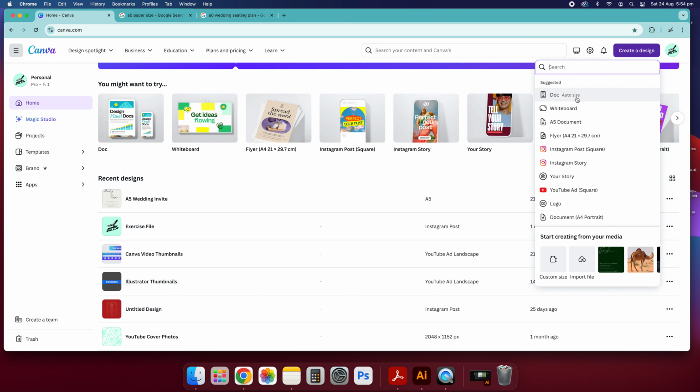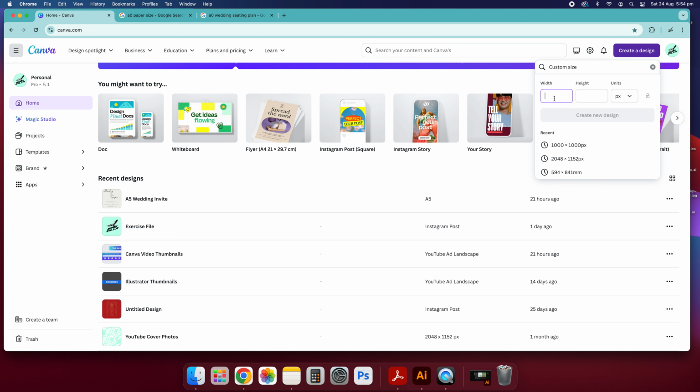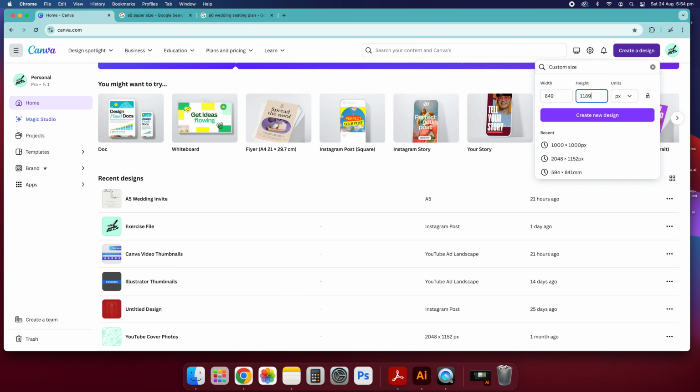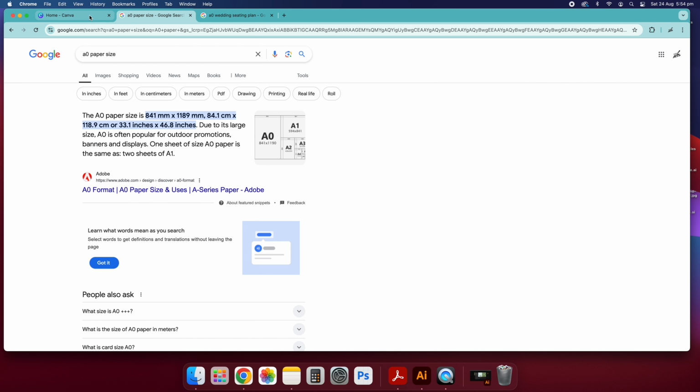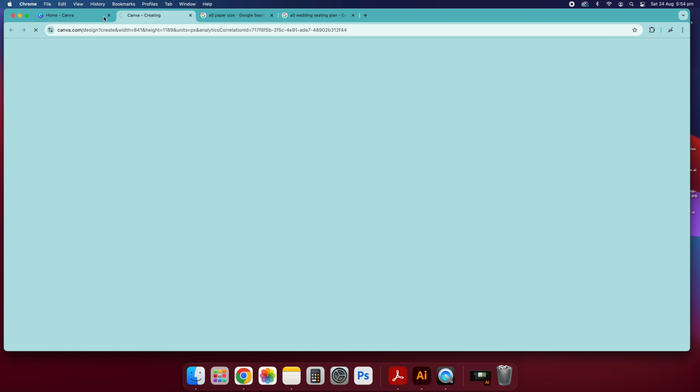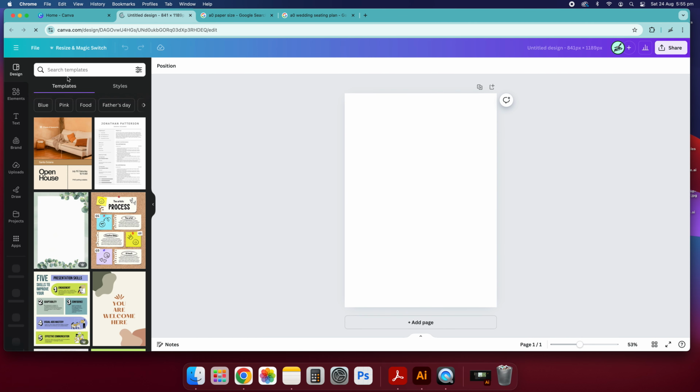So we'll just hit create a design and go to custom. So 841 by, I think it was 1189. Okay, so 841 by 1189. And then create. So this is what you can take to your printer and get it printed off basically once you've exported it